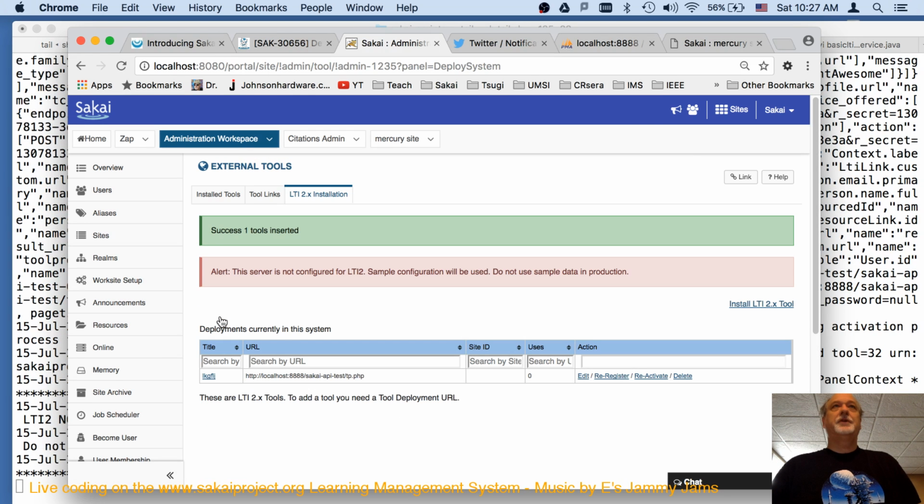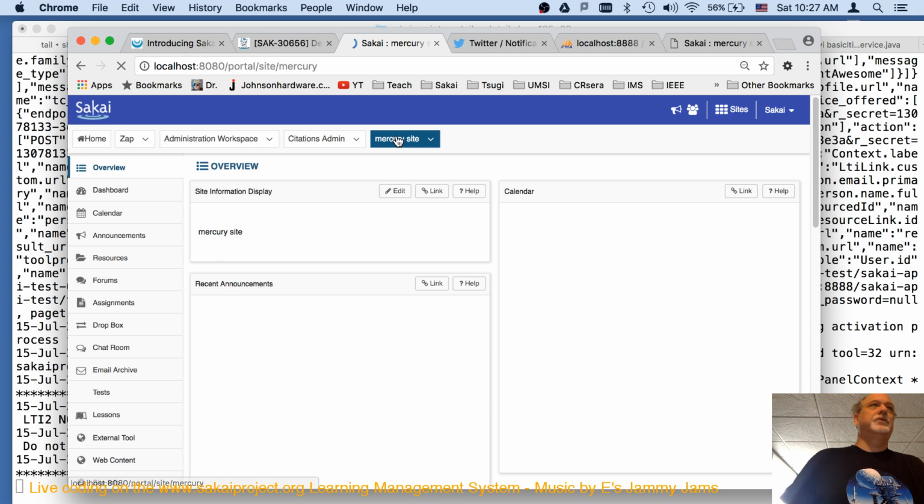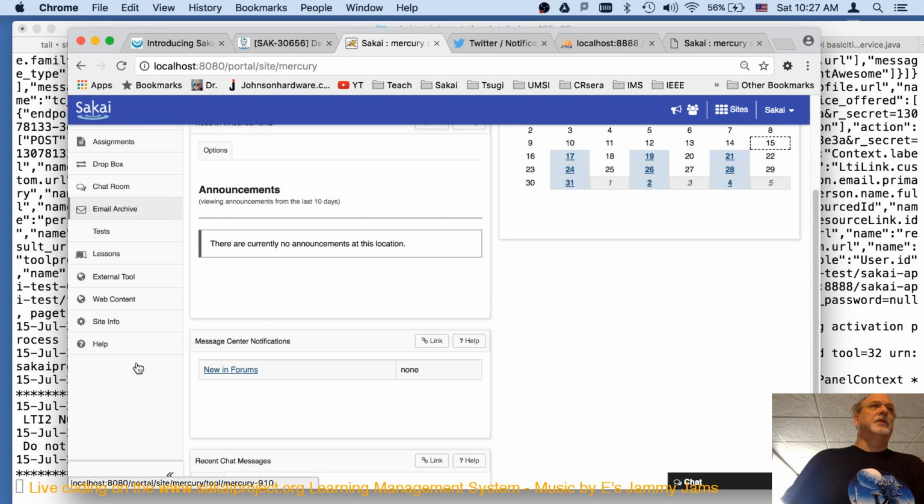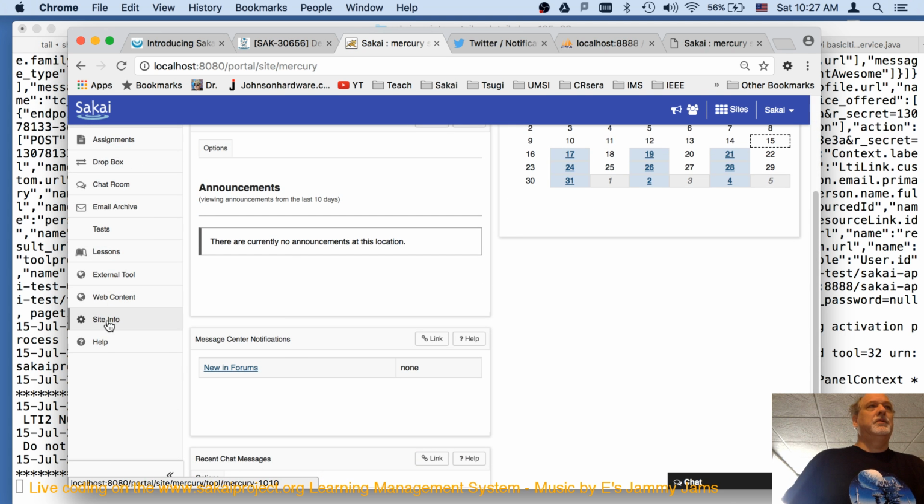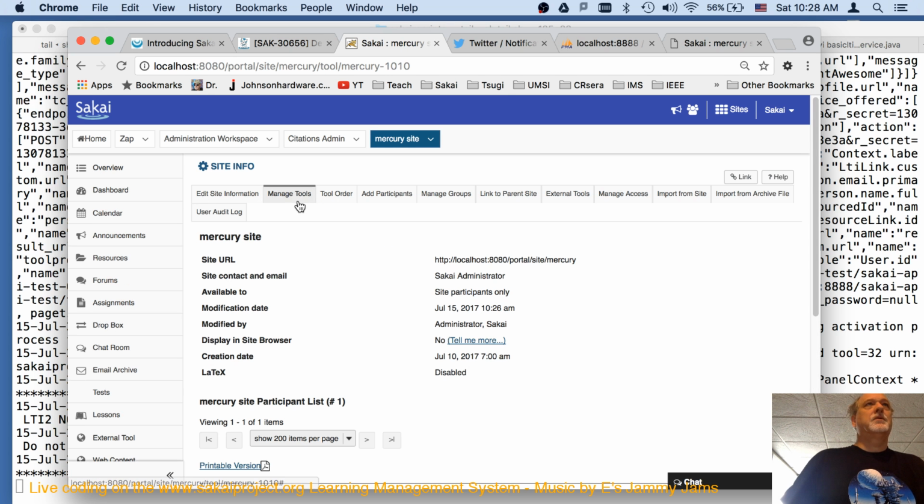Certainly going through the LTI2 code a whole bunch, so that's cool. So literally, I'm going to put this into the site, and I can test this code.